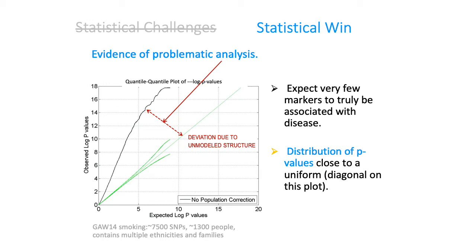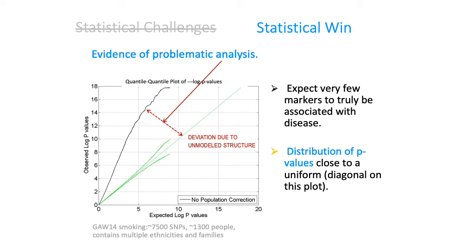So for example, here's a QQ plot. The QQ plot again is very important classically in GWAS studies. Typically the first plot that people make when they do a genome-wide association study is the QQ plot. For the majority of phenotypes that you might look at, particularly complex organism level phenotypes like disease incidence, you generally expect that of the millions of SNPs you test, only a small proportion of them are actually truly associated with any particular disease or complex trait. And so when you test 10 million SNPs and you expect most of the